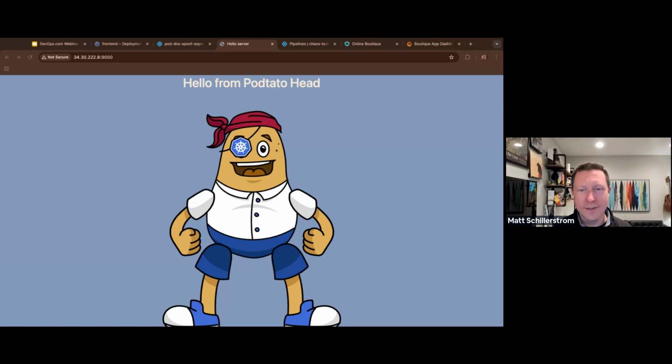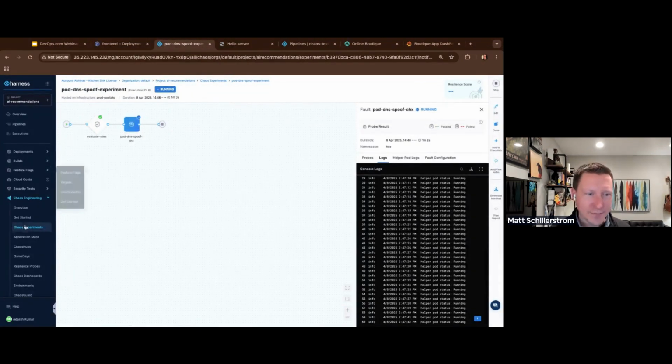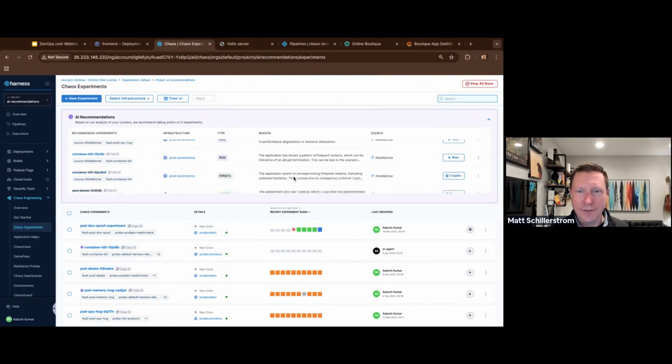Now, granted, everybody can probably protect against this with access controls or TLS type stuff where nobody's going to be able to spoof it. But this is just a fun example of what you can do with chaos testing, as part of this resiliency example. All right, so now I'm going to go back to my chaos experiments.